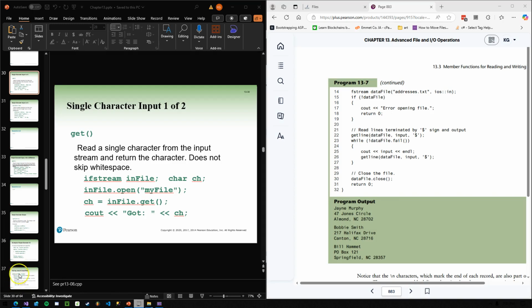So if getLine gets us a single line, get is a way to get a single character of input. So read a single character from the input stream and return the character; it does not skip white space. So remember, getLine does skip white space, get does not. So we create an input file stream called inFile and a simple char called ch. We're going to open up myfile